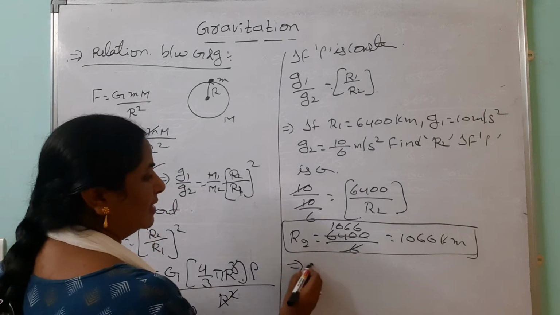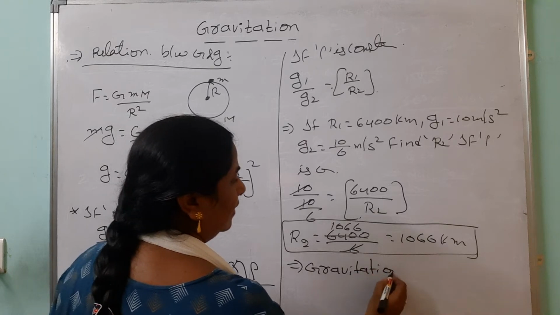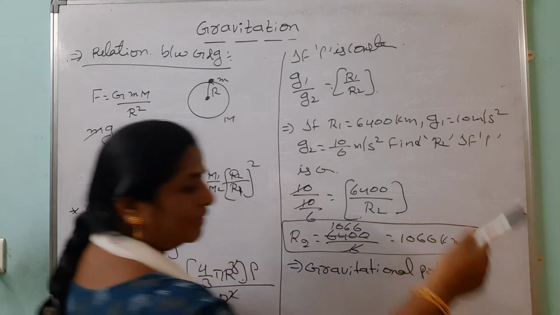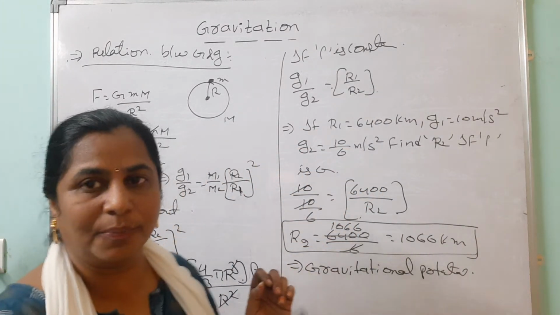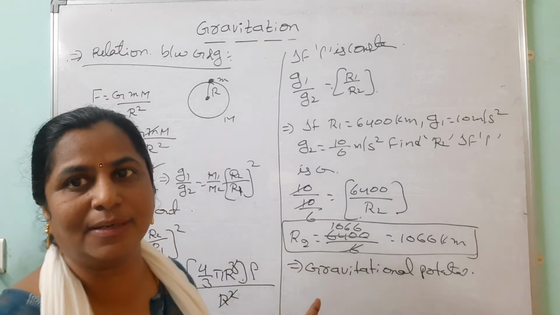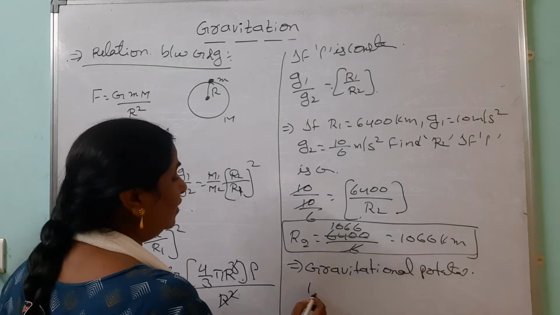Now we are going to discuss the gravitational potential. What is the gravitational potential? Suppose this marker is at infinite distance. How much work is required to bring the unit mass from the infinite distance? That is called the gravitational potential. Generally you can take it as work done equals